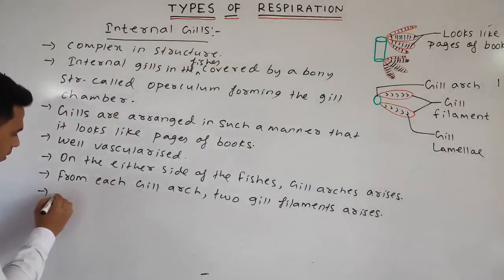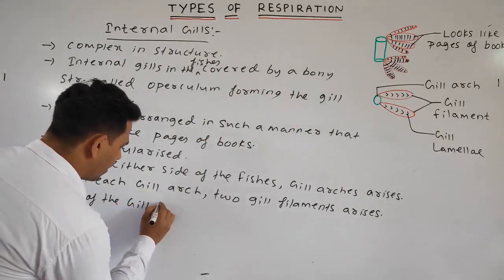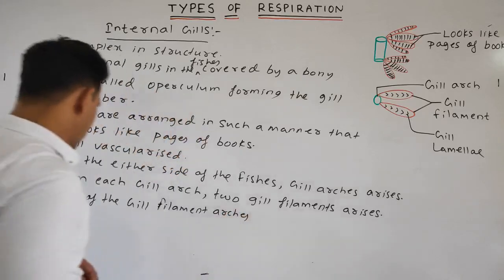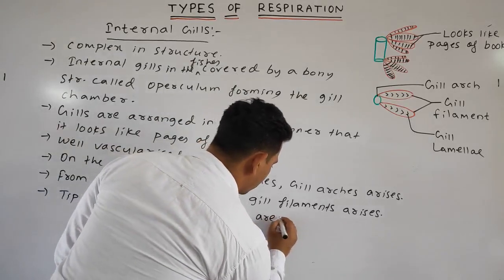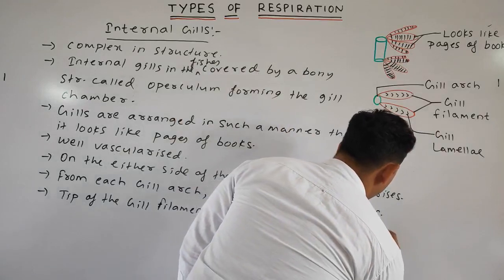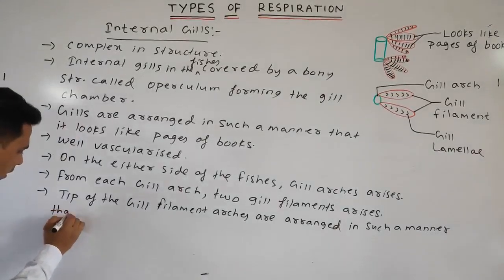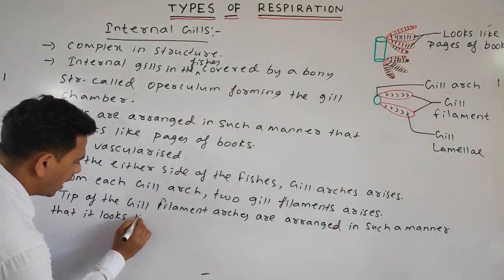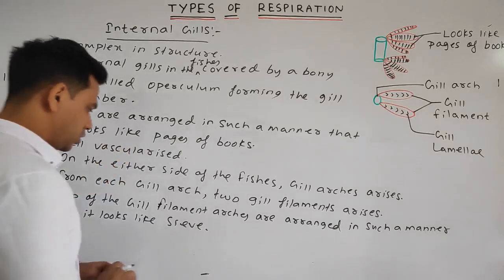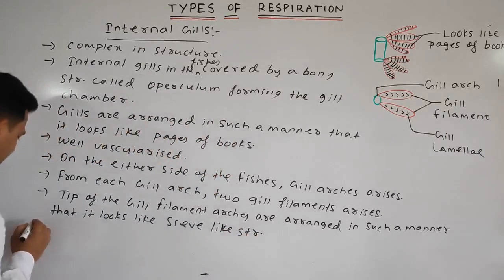The tip of the gill filament arcs are arranged in such a manner that it looks like a sieve, or we can say a sieve-like structure. Okay, see,